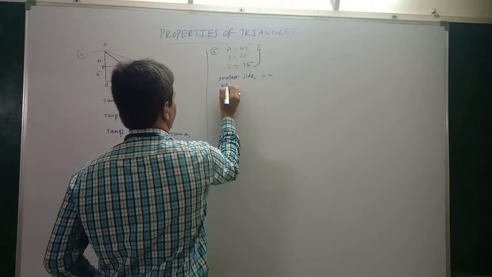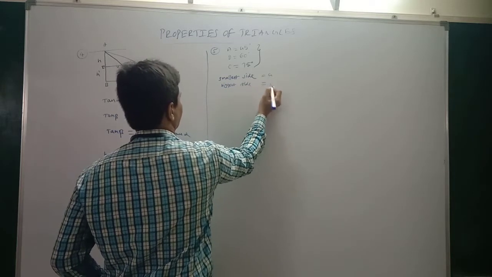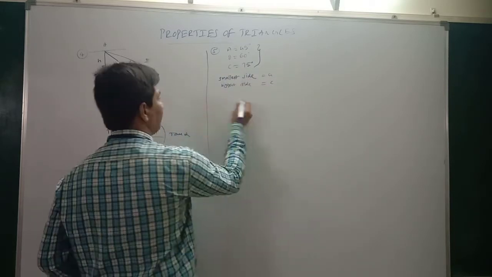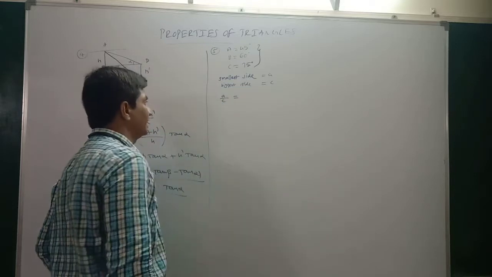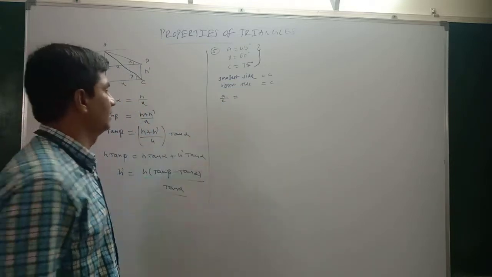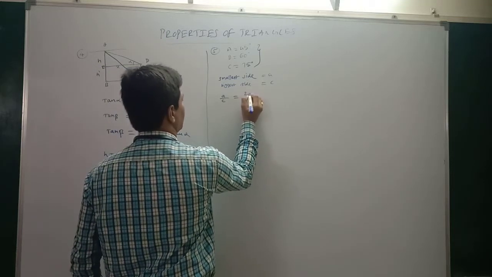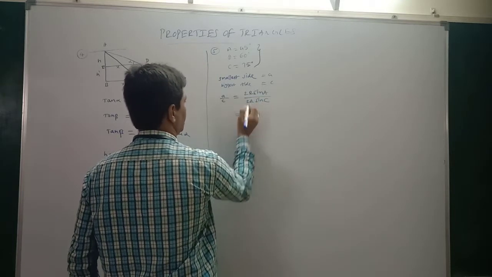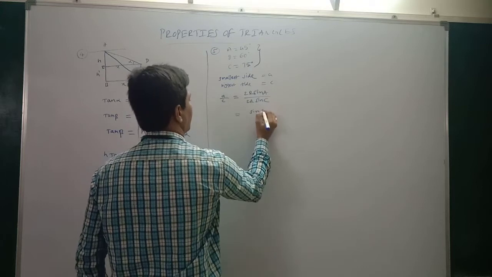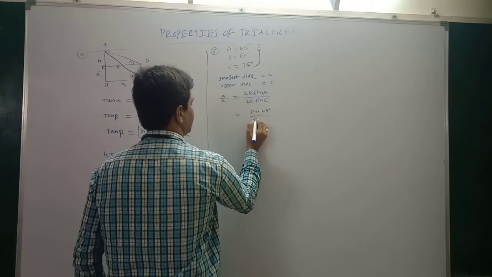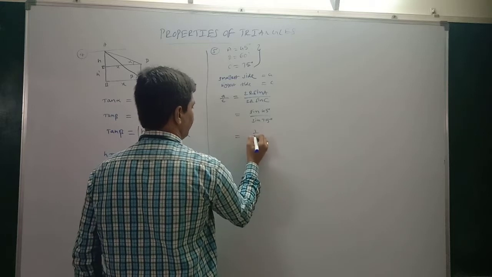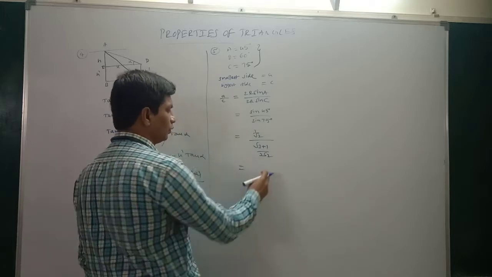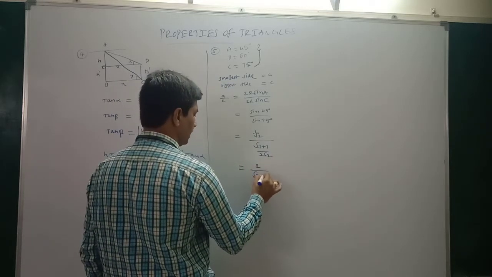Okay. What is the biggest side? I mean the largest side. What is the larger angle here? C. So this is small c. This is angle C. We have to find the value of the ratio of the smallest side and the largest side. So if you apply the sine rule, what is the sine rule for small a? This is 2R sin A by 2R sin C. 2R gets cancelled. Sin A means sin 45 degrees, by sin C, that is sin 75 degrees. Sin 45 is 1 by root 2, sin 75 is clearly given by (root 3 plus 1) by 2 root 2. Root 2 gets cancelled. So what is the final answer? 2 by (root 3 plus 1).